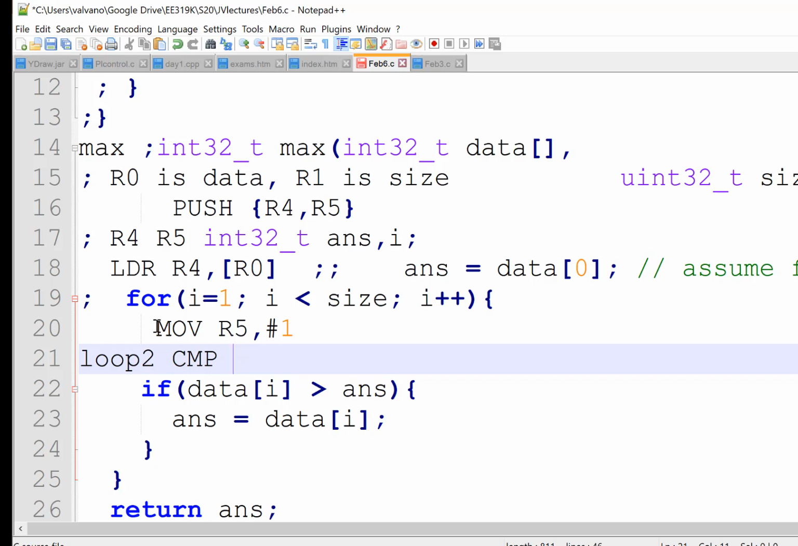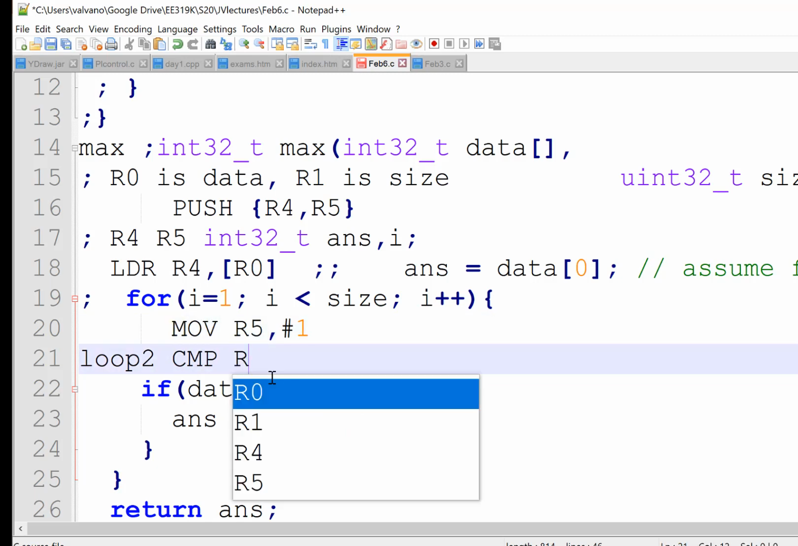Thank you. It would have not. I can't have 2 loops. You're absolutely right. R5